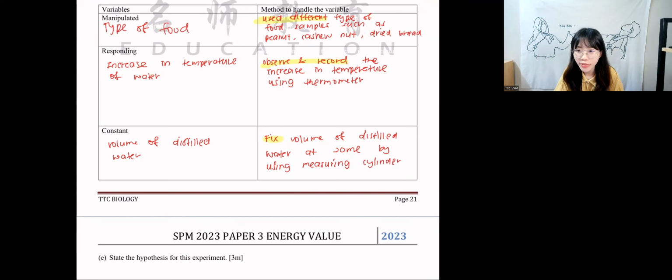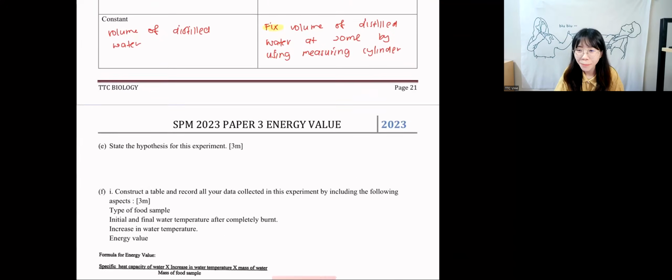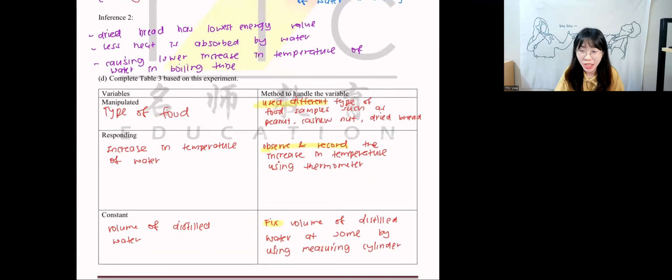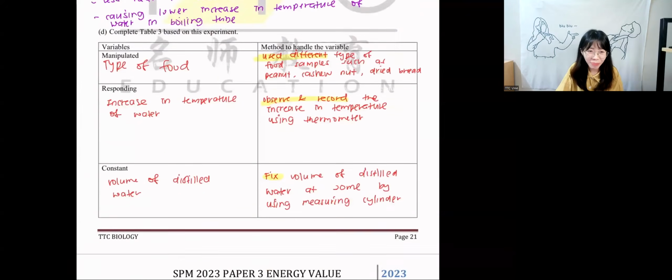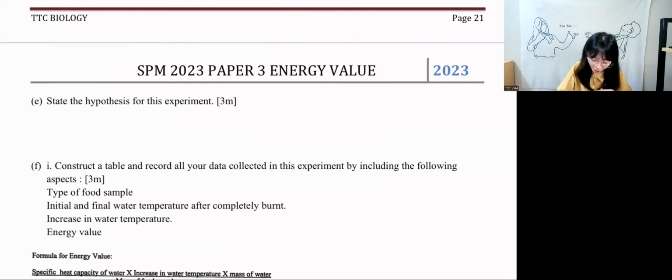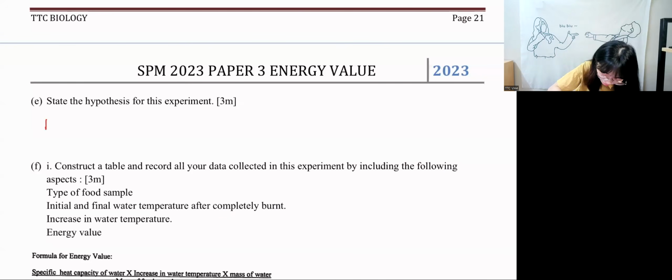Which food has the highest energy value? Correct, the peanut, right? So you can say, the question is peanut. Peanut, okay, we have to write peanut. We don't change to groundnut. We have to say, peanut